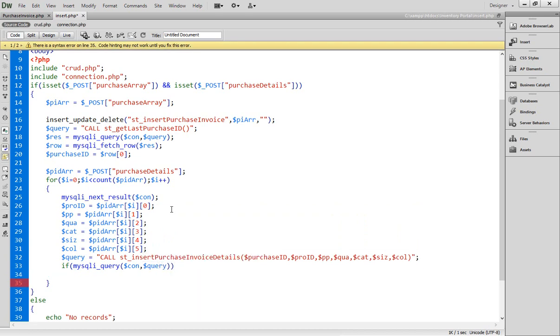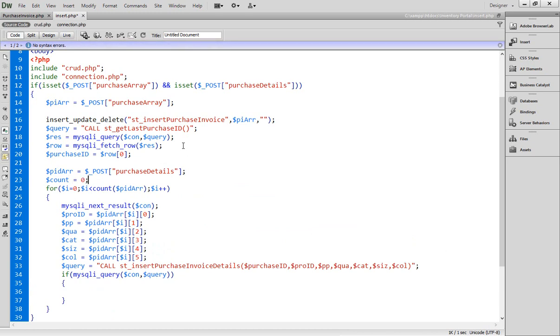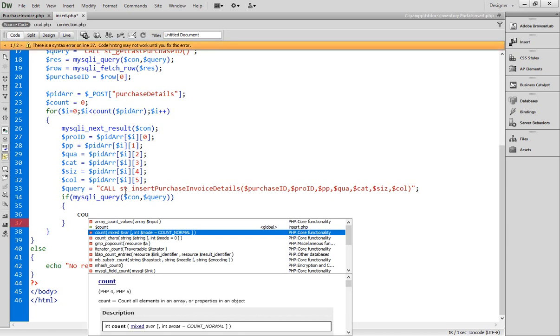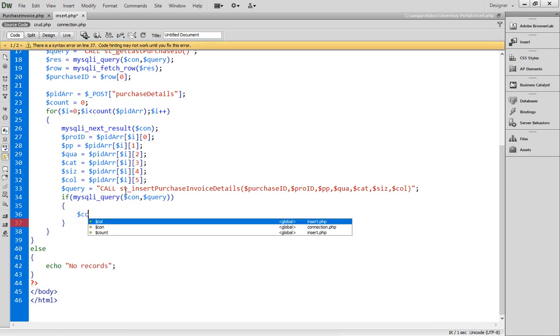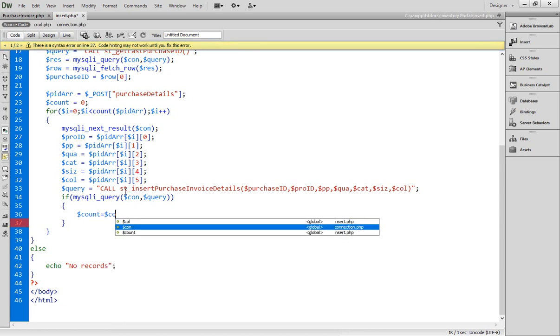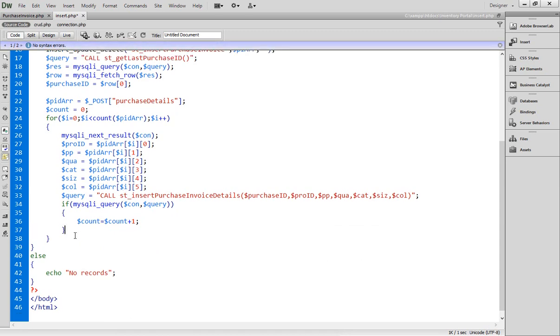Okay, so if this query is successful, then we can simply create a variable, $count equals 0, let's say. When the query is executed successfully, we add $count plus plus, equals $count plus 1. So I have added 1 to the count if it is successful, and then the next step is, after the loop,